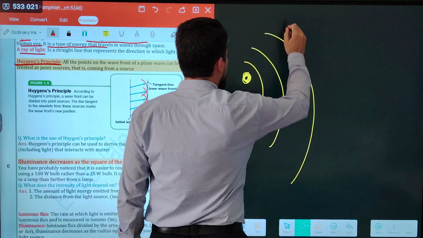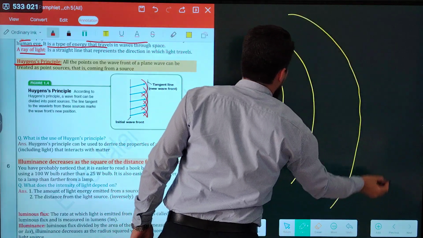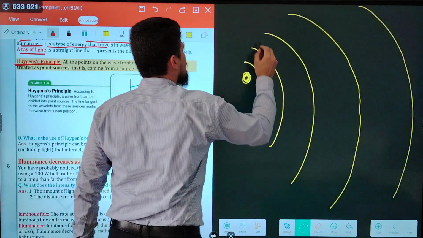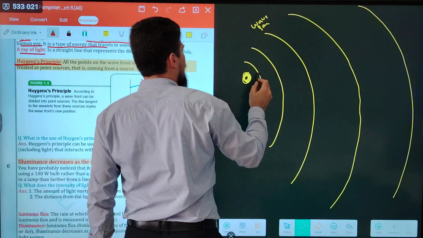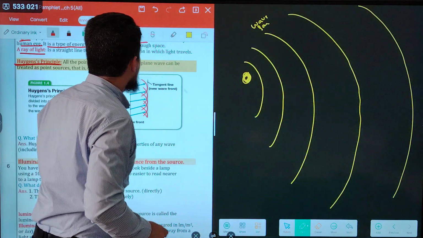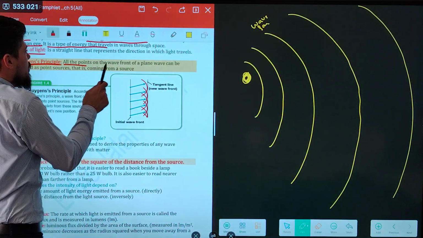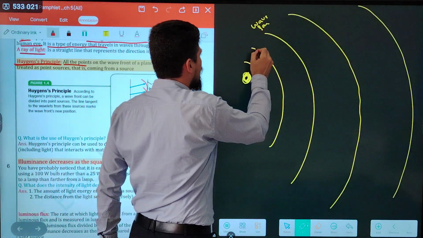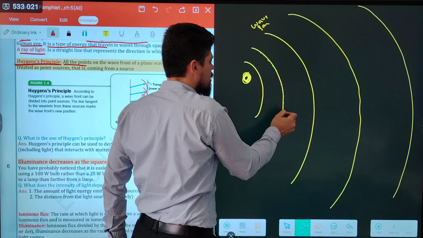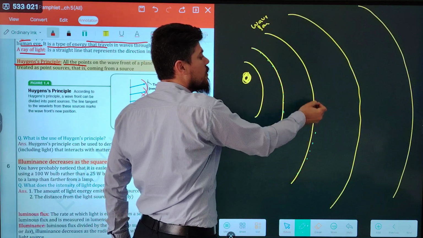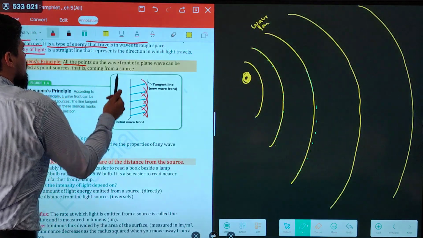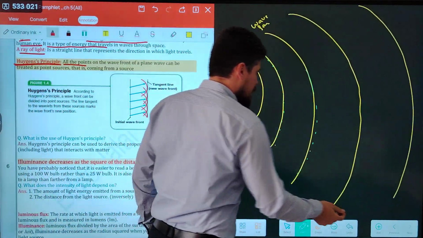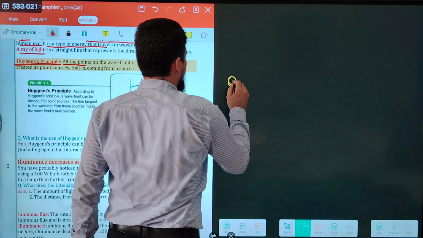This is the wavefront, guys. What is this curved line? This is the wavefront. Each point, all the points on the wavefront, or each point on the wavefront, can be treated as a point source. Okay? That's coming from a source. Like, for example, if we have a source of light,